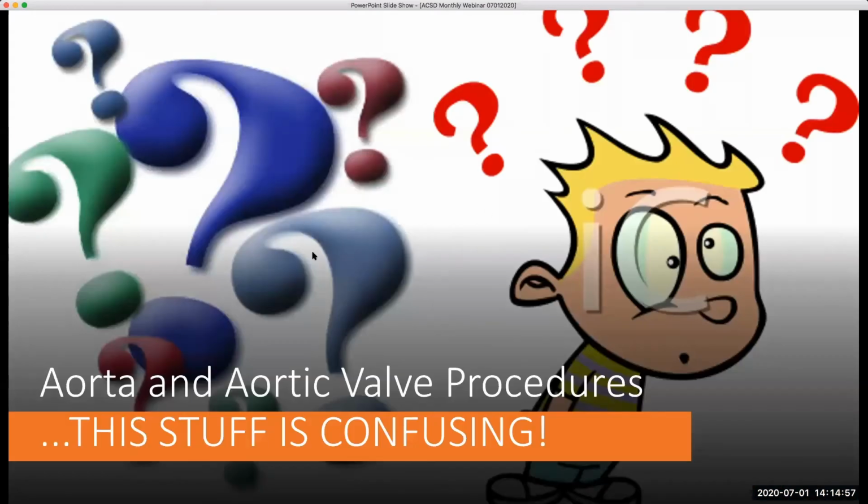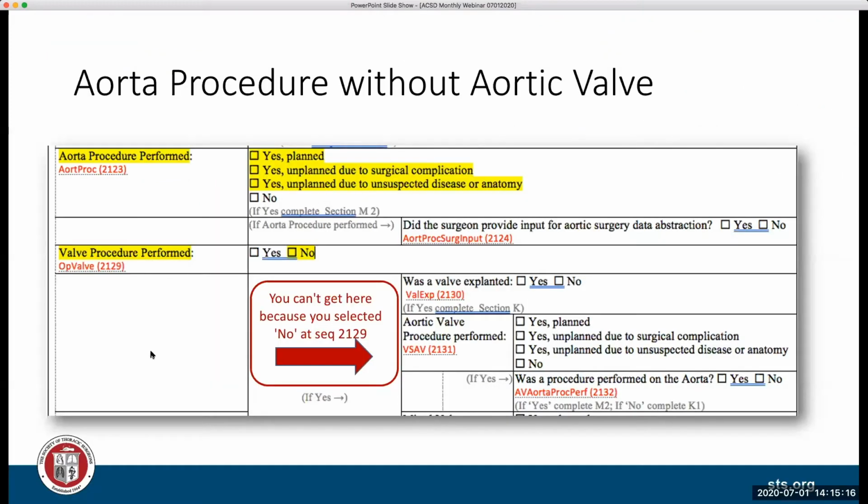And then we're going to get into the aorta section. I know that this was really confusing the last time we talked about it back in June, so I just want to go over it one more time. I said I would provide some screenshots and we'll talk more in depth about it, so that's what we're going to do here. So this is the aorta procedure without aortic valve,